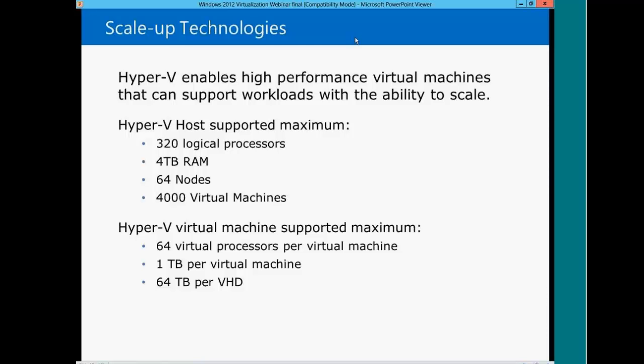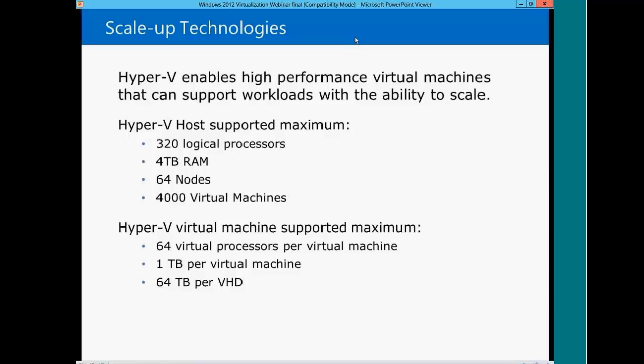I can have a cluster using 2012 of up to 64 nodes running virtual machines, and in that cluster I can have 4,000 virtual machines. So I can move those virtual machines around between the hosts. If I have a very large infrastructure requirement, I can set up a lot of hosts, all with a lot of RAM, all with a lot of processors, all costing a lot of money, of course, but in any case, it gives me the ability to host a lot of machines and move them around and tailor the workload to meet the demand, or tailor the hosts to meet the workload that is being demanded by